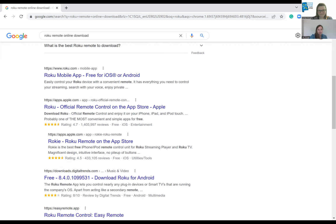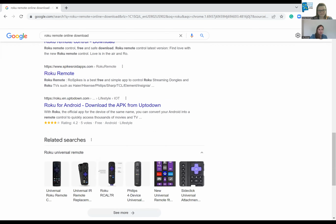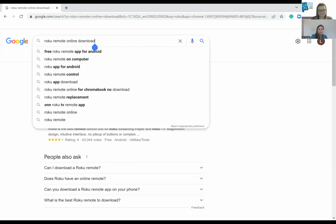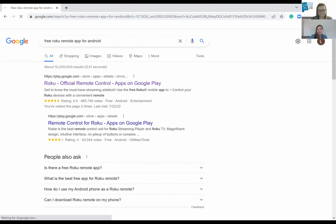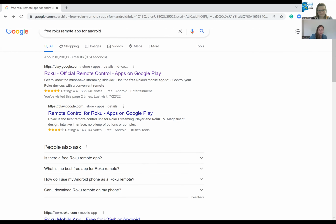So I just went through and looked. I think I ended up searching for a Roku remote for an Android. Android is going to be any of those Windows-based devices. Then I went into my Google Play Store and installed that there. I didn't like that one as well, so I ended up